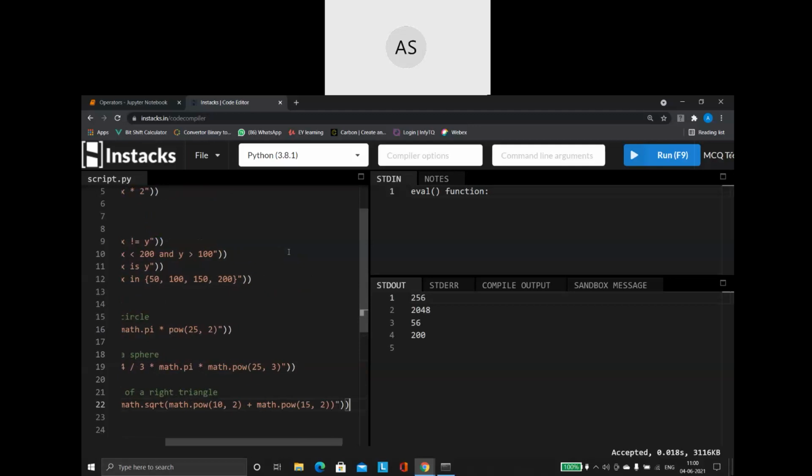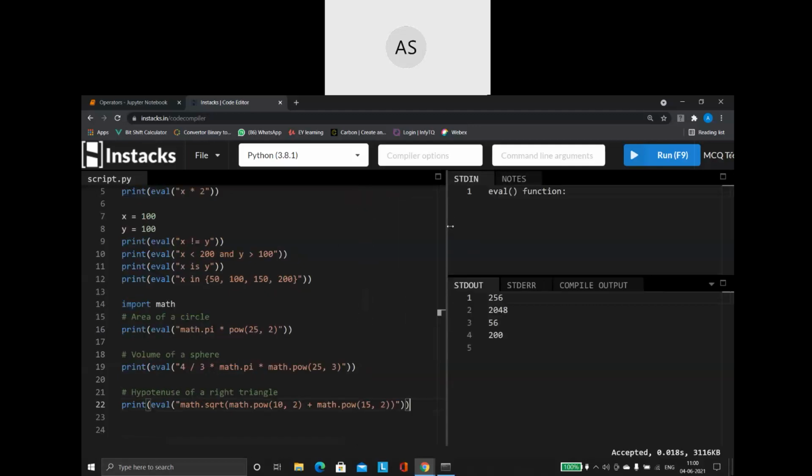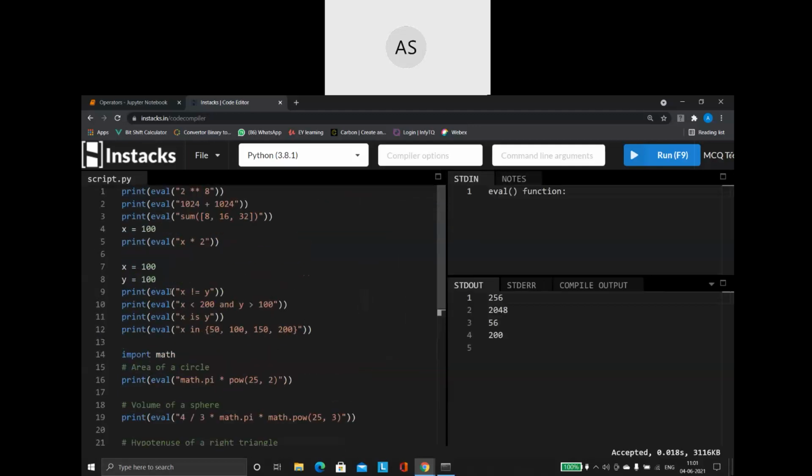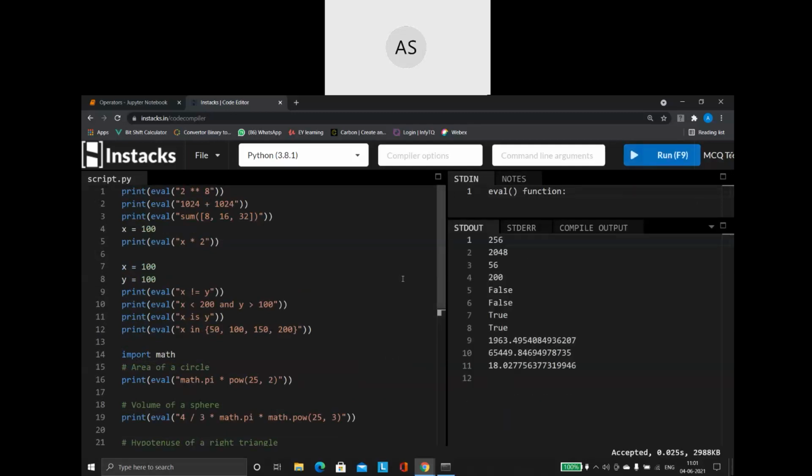And for my last function. Okay, so now just have a look here. First I'm going to do certain comparison on this. See what it says, x not equal to y. So this is a string value. The string value is going to get evaluated because I'm using the eval function here, and it is giving me the result as false because x is.